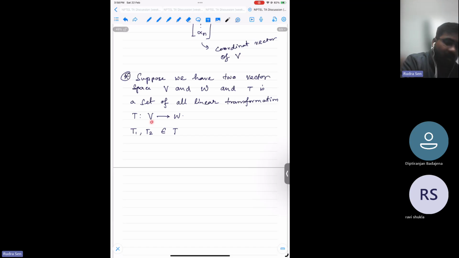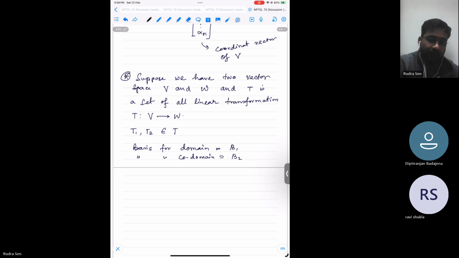So V here is the domain and W here is the codomain. Now if the basis for the domain is equal to, let's say, V1, and the basis for the codomain is equal to V2, then the property says